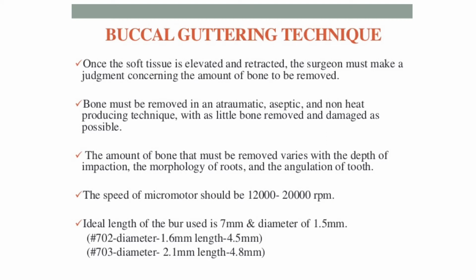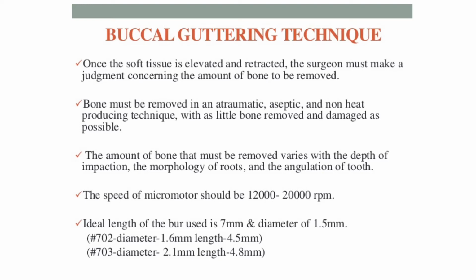So the details of buccal guttering technique include: once the soft tissue is elevated and retracted, the surgeon must make a judgment concerning the amount of bone to be removed. Bone must be removed in an atraumatic, aseptic and non-heat producing technique with as little bone removed and damaged as possible. The amount of bone that must be removed varies with the depth of impaction, morphology of roots and angulation